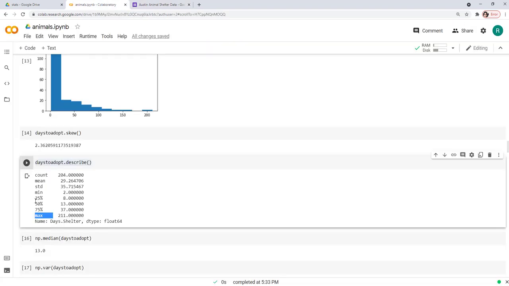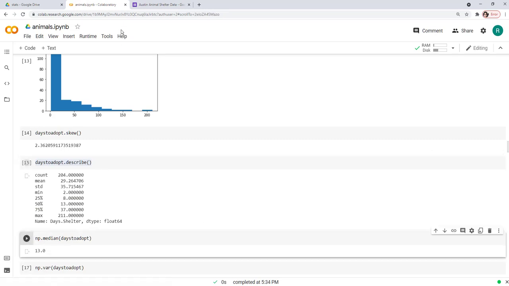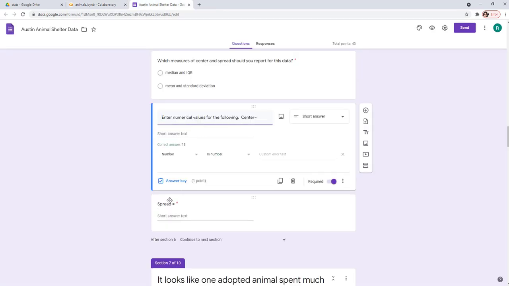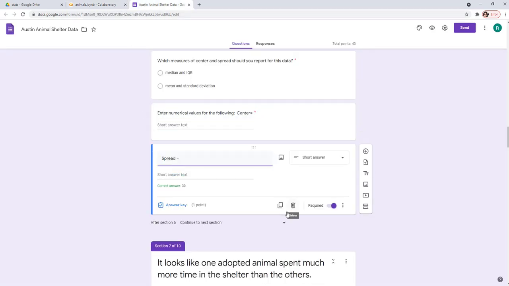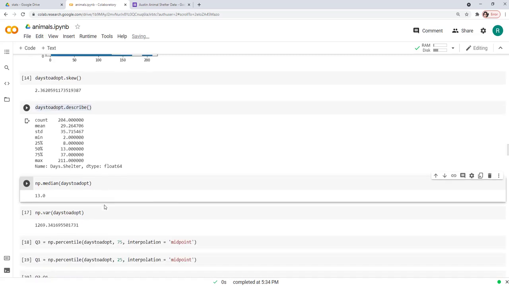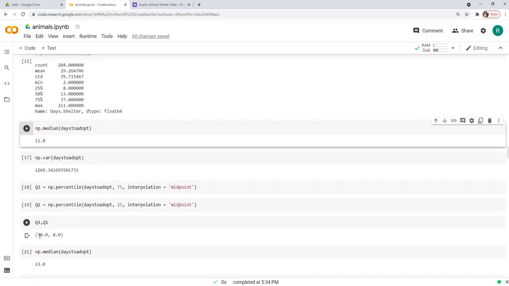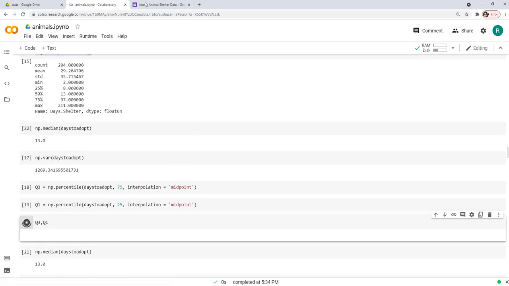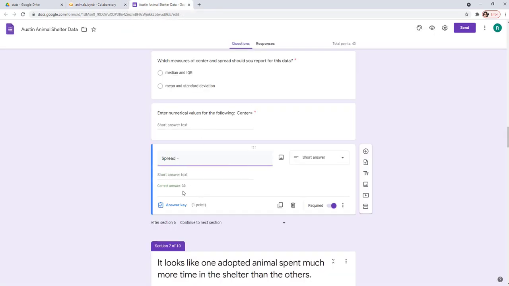So my center will be determined by the median here, which is going to be the 13 value. I could also find out the median using np.median. The spread would be given by the interquartile range. And I could find out the interquartile range by just subtracting Q3 minus Q1, which will be 30.